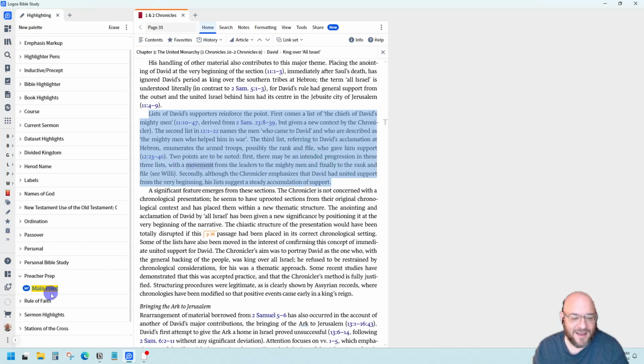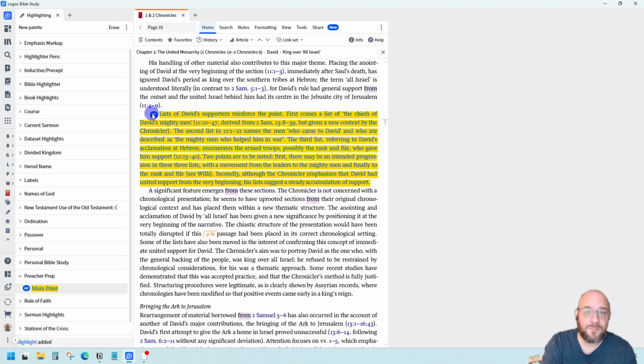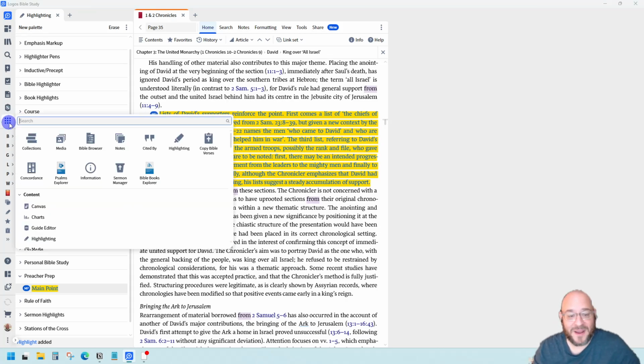But when I've got this highlighted, I'm just going to click on main point. And notice what happens when I had that highlighting palette open. Logos put this highlight, just like we created, on the text. Isn't that cool? Now let me open up my note tool,